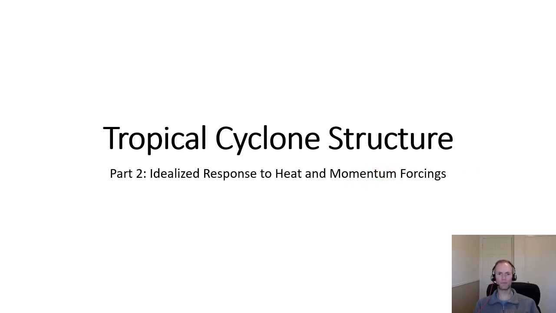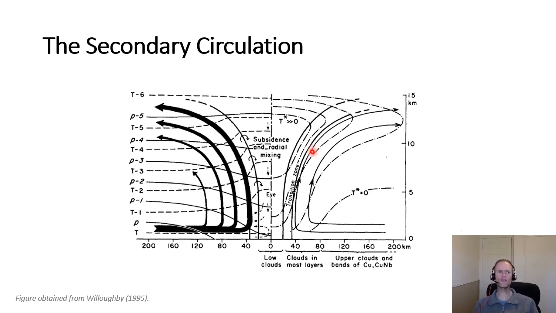So let's dig in. Just to remind ourselves, we have our tropical cyclone secondary circulation here, where we have this enthalpy or entropy or moist static energy or theta E gaining inflow layer near the surface, with deep tropospheric ascent within the eye wall that then gives way to outflow at higher altitudes extending out to larger radius. And so we ask the question in the context of this lecture, what happens if we have enhanced